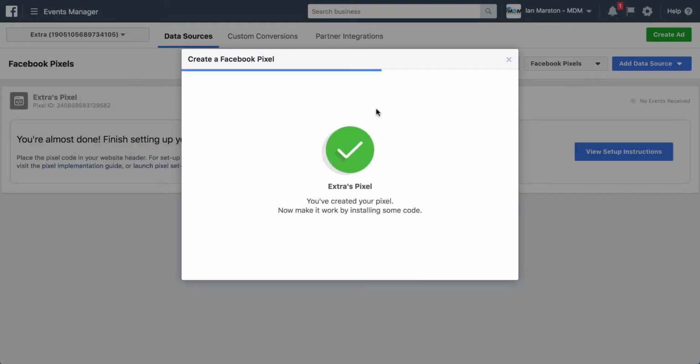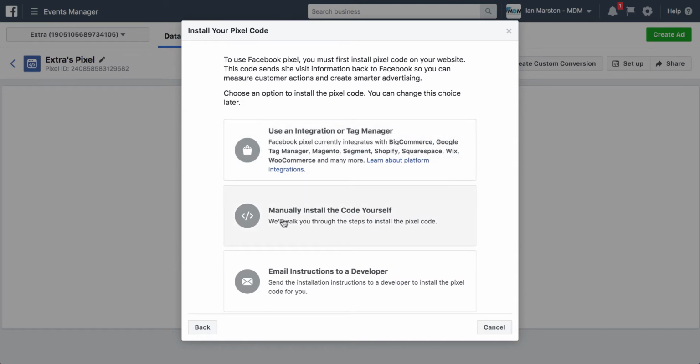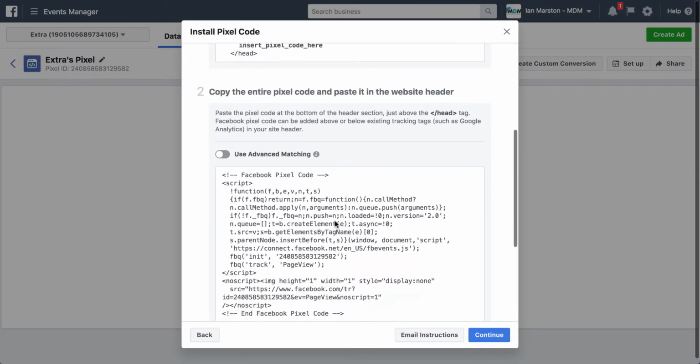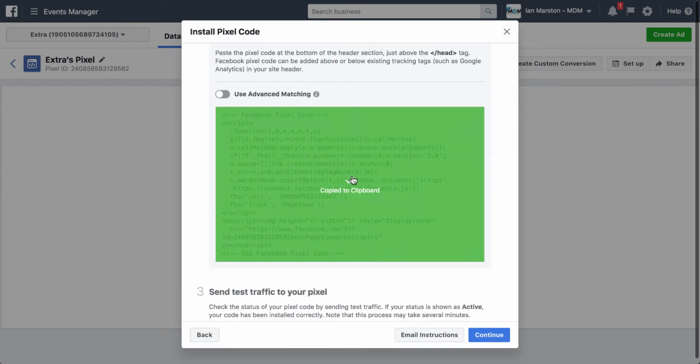Now we need to wait for it to finish loading and creating all this. We basically just need to install some code, so we go to manually install the code yourself. Now we scroll down a little bit. We've got this pixel code right here, and it'll highlight, and we'll just click it,